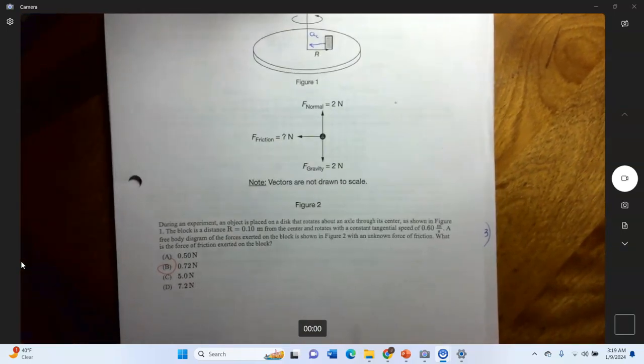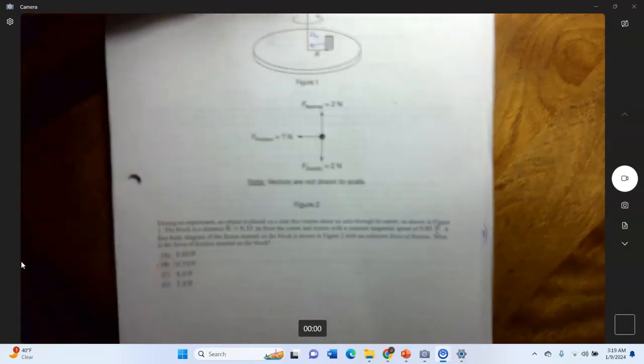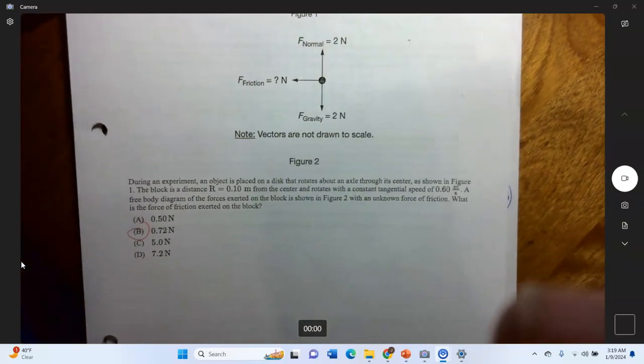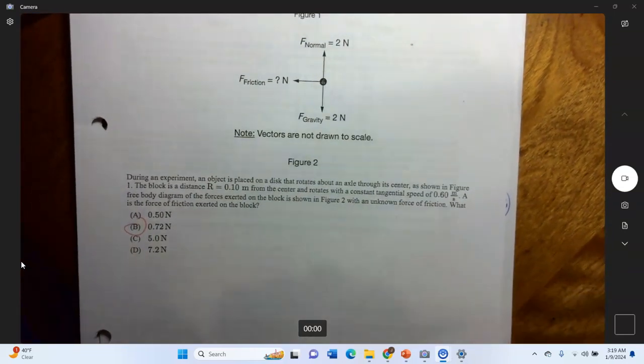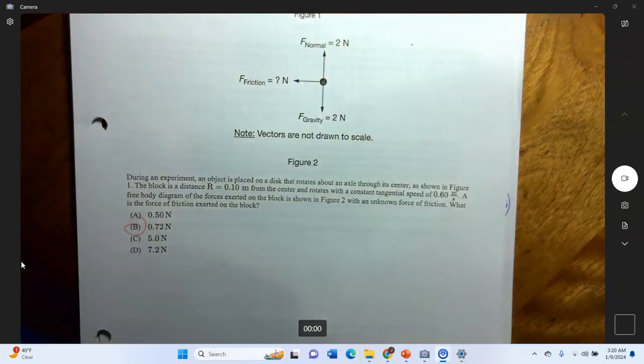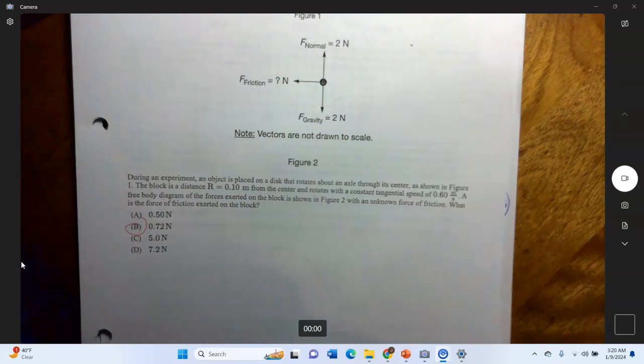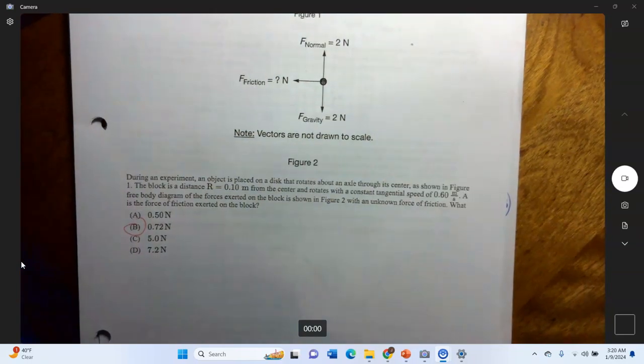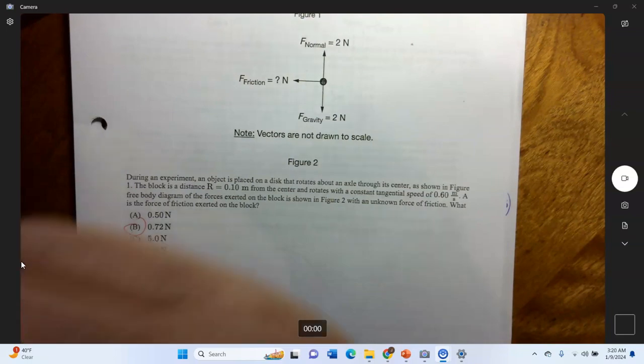Okay. So it says during an experiment, an object is placed on a disk that rotates about an axle through its center, as shown in Figure 1. The block is a distance r of 0.1 meters. You can write that down here. From the center, and rotates with a constant tangential speed of